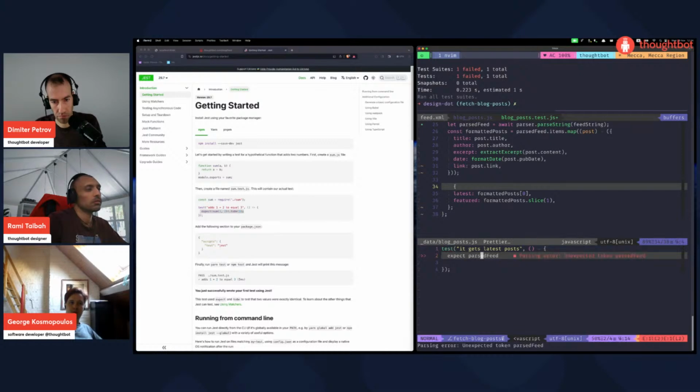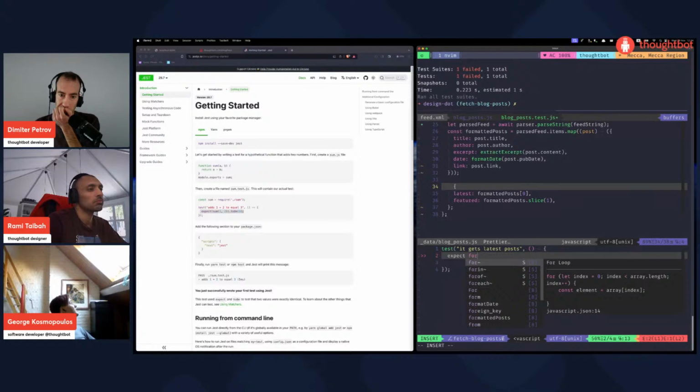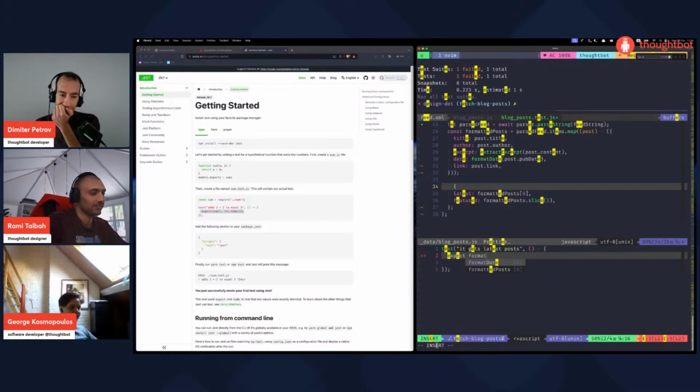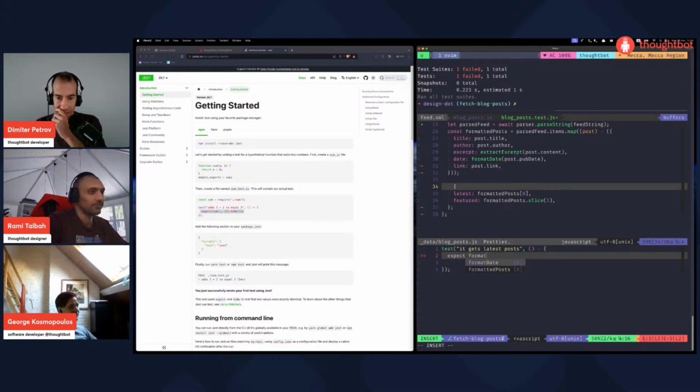No, not parse feed. Rather the format feeds into post. Is that too explicit? Into post like this. Is that too much? We can rename it afterwards. It doesn't matter too much. Then